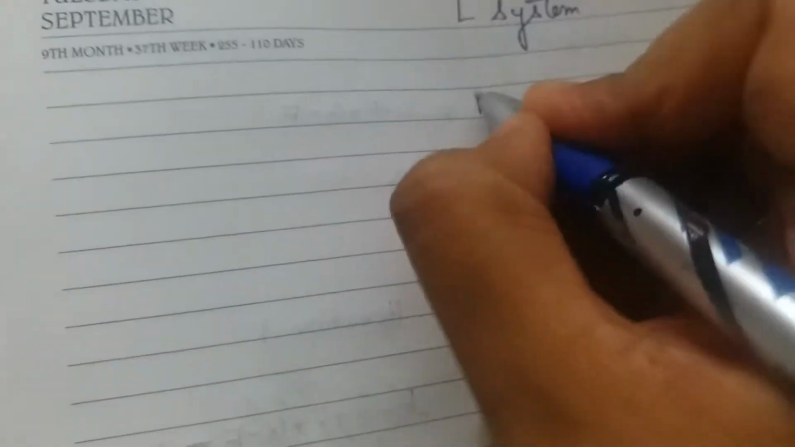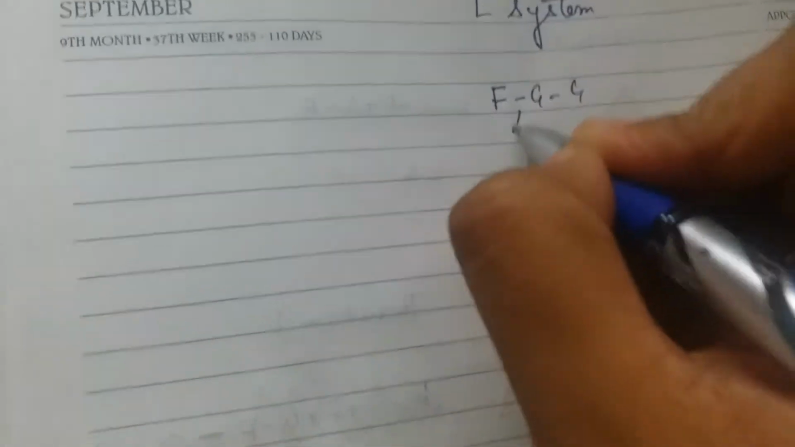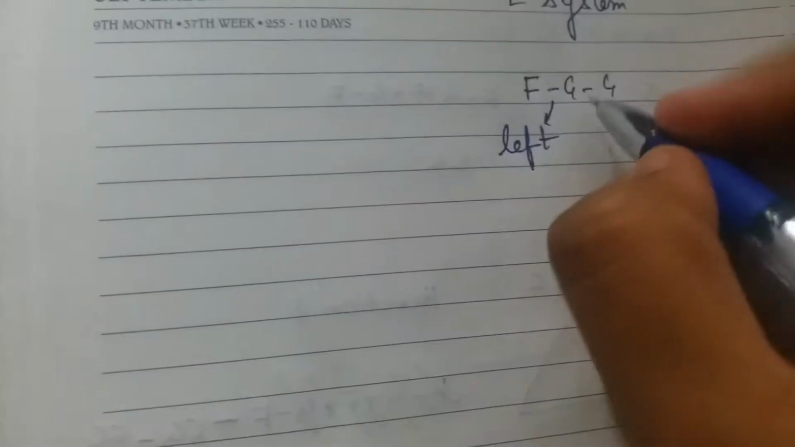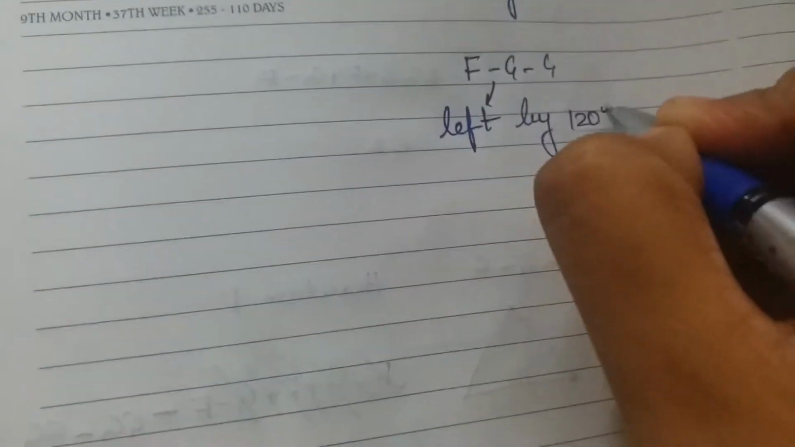Hello everyone. Today I'll be explaining L systems but with two rules. I'll be using the initiator F minus G minus G. Minus symbolizes moving to the left by 120 degrees and plus symbolizes moving to the right